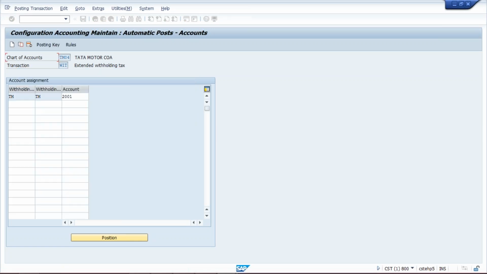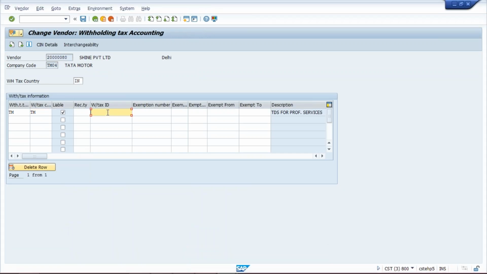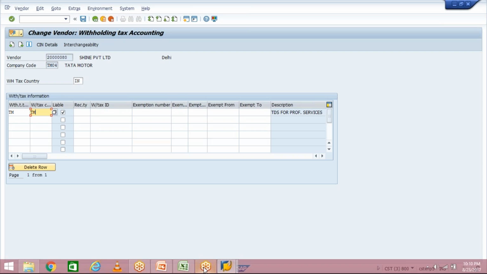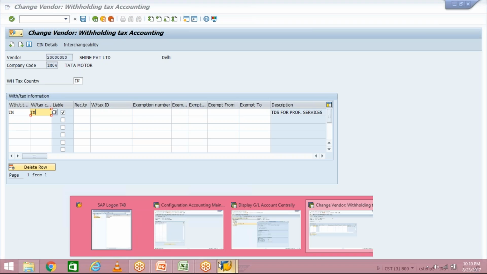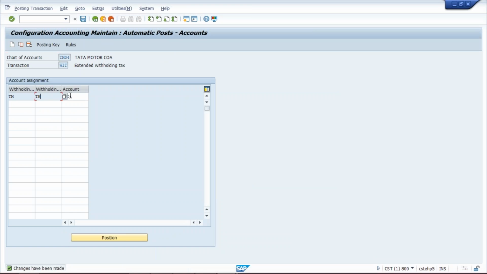Press enter. And then after doing that, whenever you give the vendor number, from the vendor the system is going to identify the tax type and tax code, and then the system is also going to identify, against that tax type and tax code for that particular company code, what GL we have assigned here.